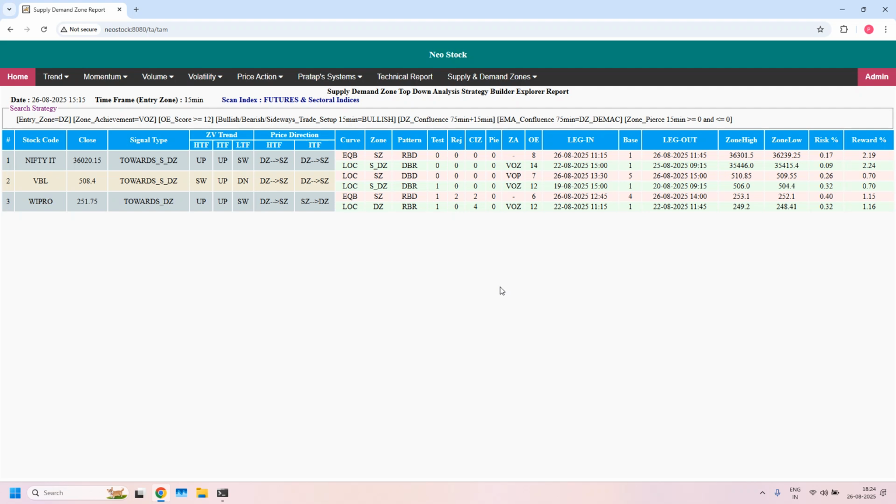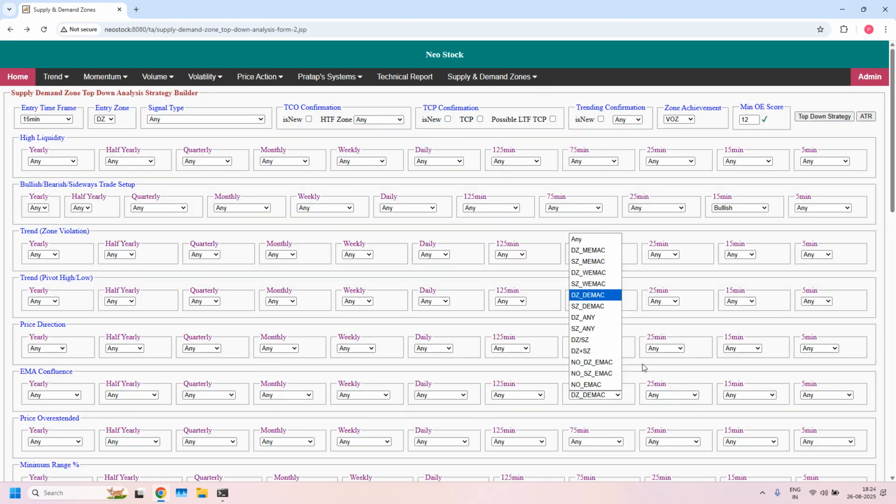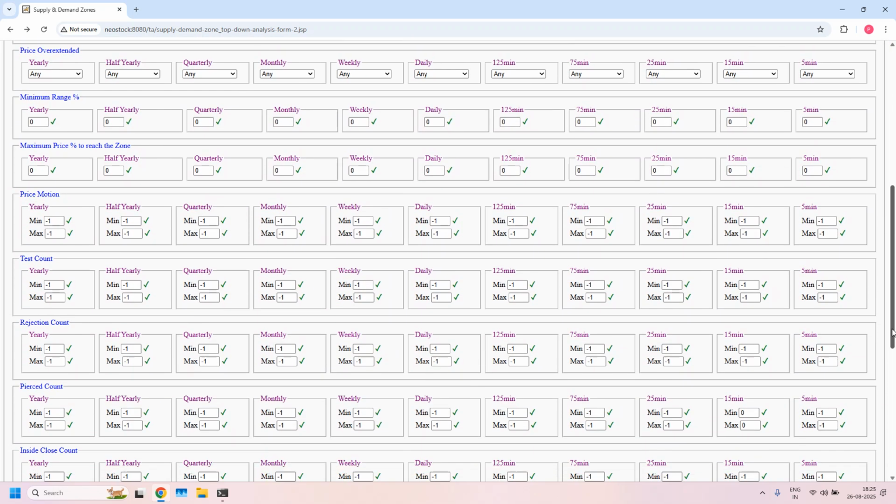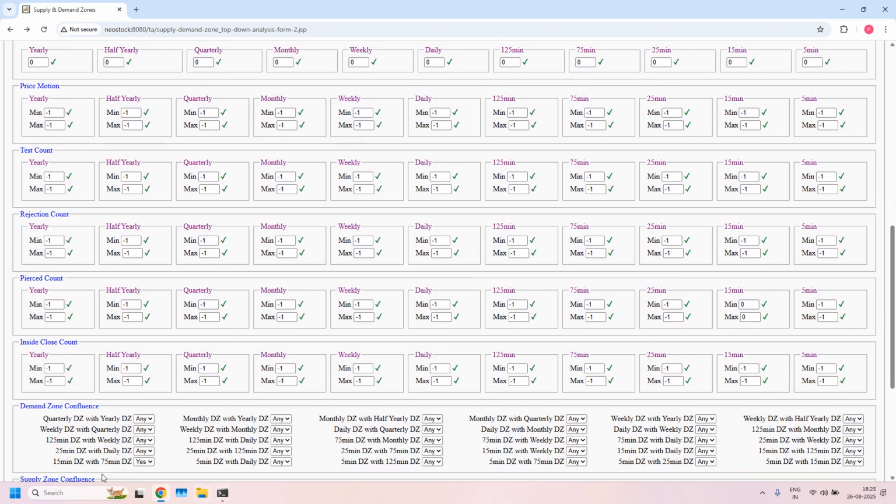Okay, next let's filter based on the next strategy, LTF, ITF, HTF demand zone confluence. I am removing EMA filter. In the demand zone confluence, three filters we have to set. First one is already enabled. Next 15 minutes and daily, 75 minutes and daily demand zone confluence. With all the three filters,